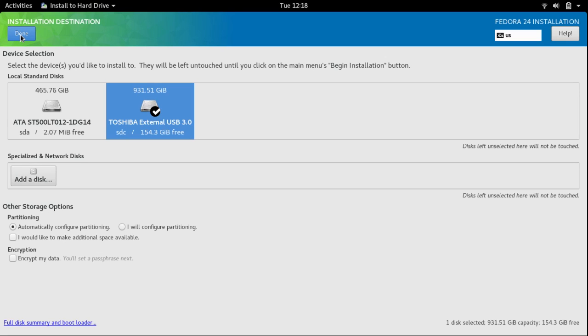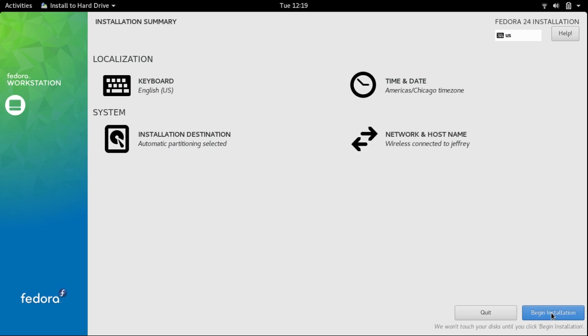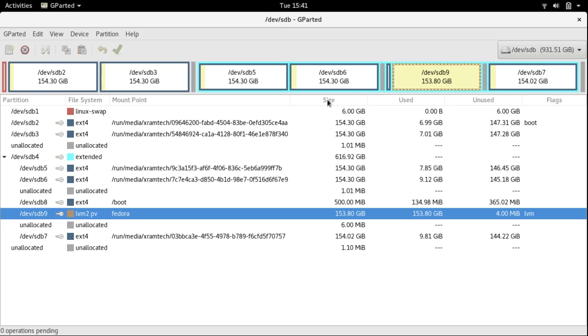Then I clicked on Close. Now here I left checked Automatically Configure Partitioning. And then I clicked on Done. And then I clicked on Begin Installation, and the installation proceeded as normal. I loaded that new version of Fedora on my external drive, and I used gparted to look at the entire